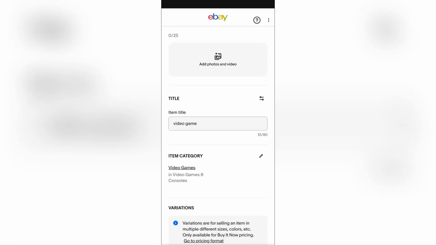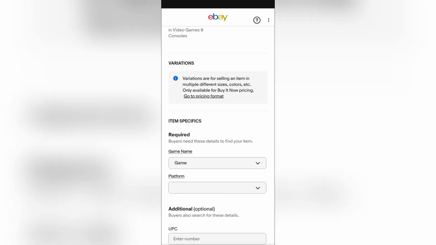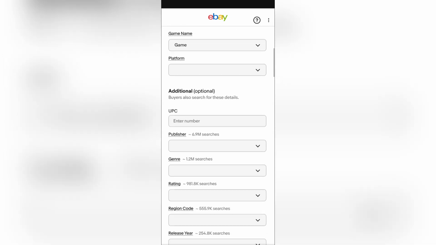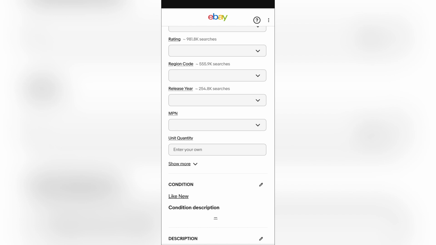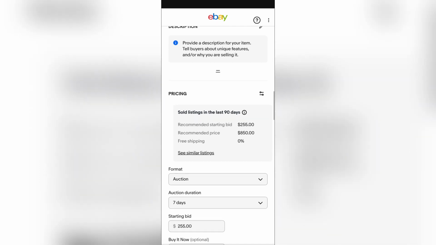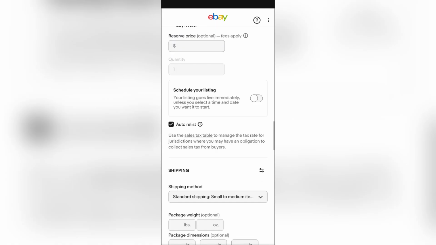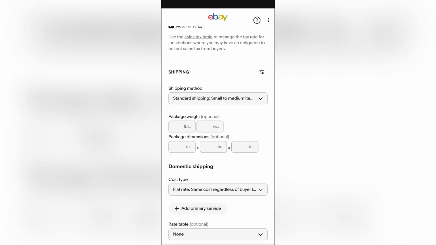And after that, you need to title your video game, and then you need to provide the game name, game's platform, and you need to provide some optional additional information in this section. You need to provide everything that you can in this page, and you have a higher chance to get the item being sold faster. And after that, you need to set the pricing for your item. And after setting up the pricing, you have to set up the shipping details in this page, and after that